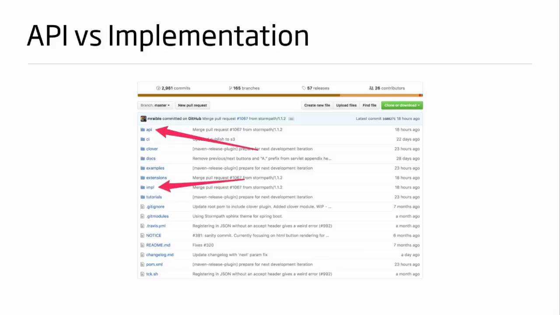If you look at our SDK on GitHub, we separate it out just like most projects do, where we have an API project, and that is not allowed to change between releases because we use semantic versioning. So we're still at 1.x and 2.x. When we want to go to a new major version, it means we're changing things in our API. Our impl package is the implementation. We can change whatever we want in there between minor releases, but not in major releases.